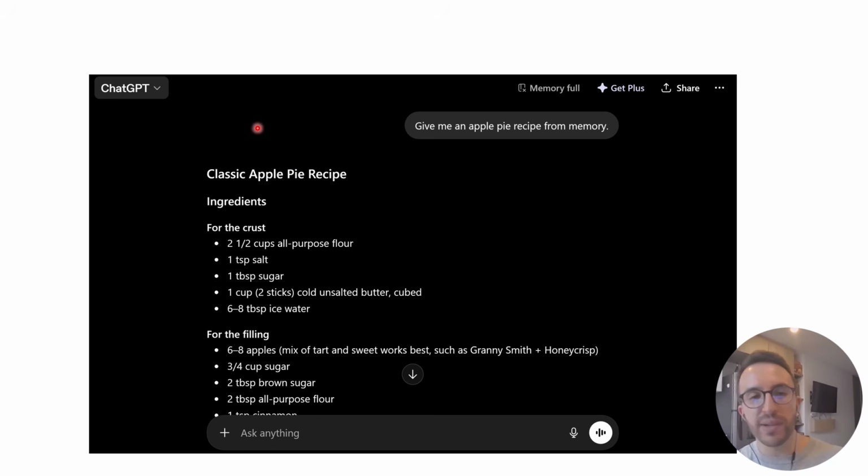And then you feed, give me an apple pie recipe from memory, classic apple, and then it predicts the next word, pie. So on and so forth. And this actually generated coherent text. And we were all fascinated by the ability to ask ChatGPT an arbitrary question, and then it just answered very similar to how a human would.